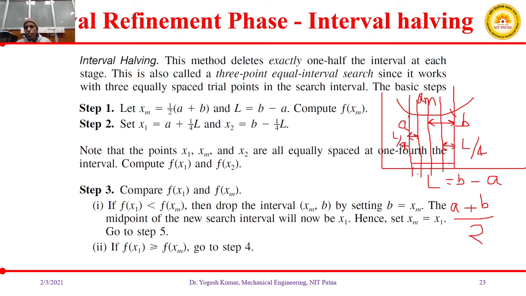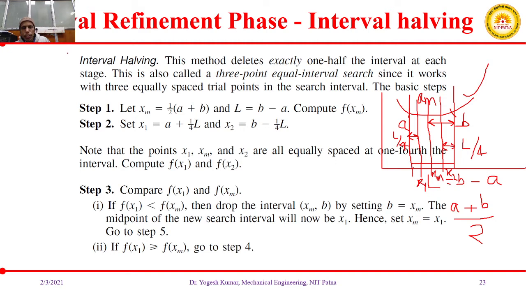Okay, so here we can say, suppose this point is x1, this middle point is xm, and this point is x2. So here we can see these 3 points x1, xm and x2 are equidistant, and they are dividing the whole region into 4 equal segments. Okay, four equal intervals. I hope this diagram is visual, so that you are able to understand the actual algorithm.